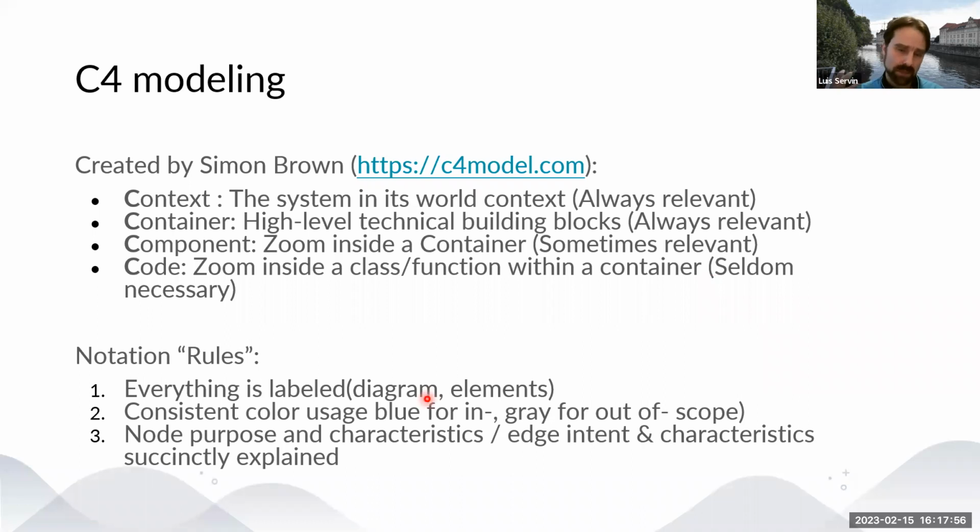So when I try to paint or repaint these diagrams, remodel these systems, I try to use GraphViz, which is very easy to use, and I try to follow these basic rules. Everything has to be labeled: the diagram, the elements, the nodes, and the edges, of course. I try to be consistent in the usage of colors: blue for in scope, gray for out of scope. And I need to understand what every element is and what the connections are for,